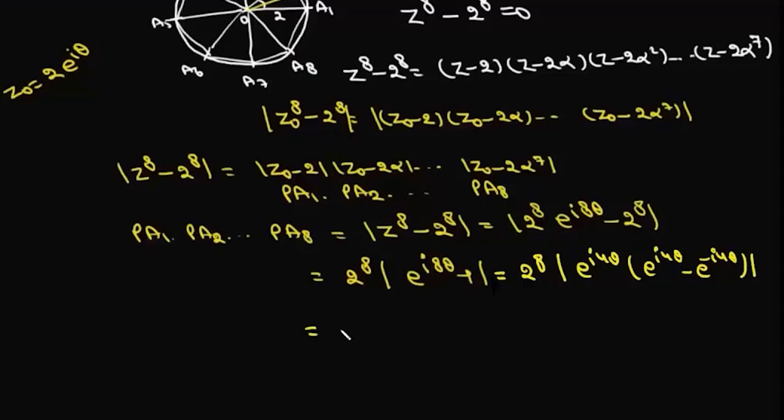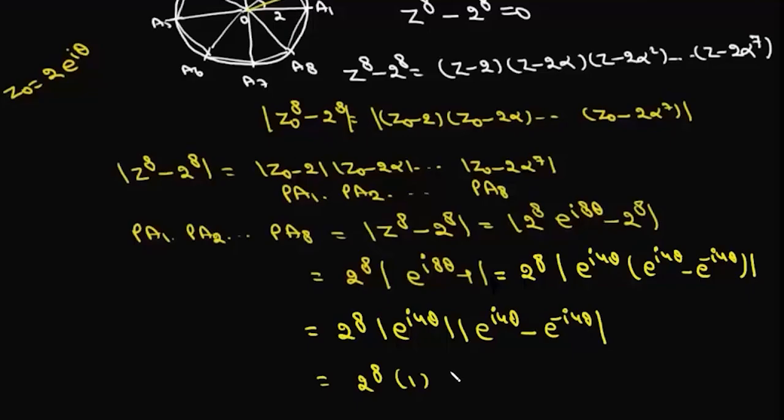So we can write this as 2 to the power 8 mod of e to the power iota 4 theta into mod of e to the power iota 4 theta minus e to the power minus iota 4 theta. Now this is cos theta plus iota sin theta minus cos theta minus iota sin theta. Here cos theta will cancel. So we can write 2 to the power 8, and here the modulus is 1, so it will be 1, and here will be 2 iota